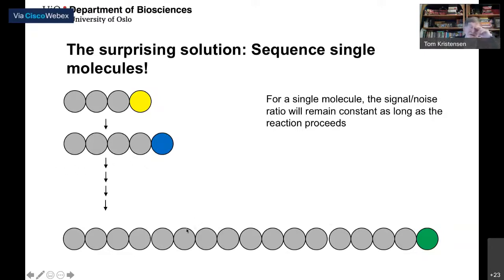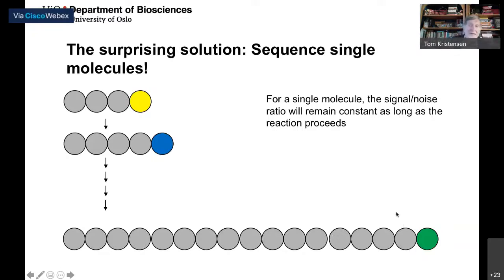But that doesn't really matter, except that we'll get a shorter sequence than we otherwise would have gotten. But the important thing here is that as long as the reaction proceeds, we will have a signal to noise ratio which is unaltered, which means that if we have a very good system for this, we should in principle be able to read thousands of nucleotides of sequence from a single molecule,